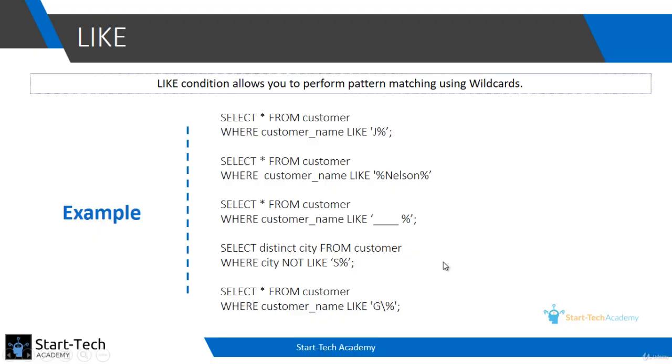In the next example, I'm showing the use of the like condition along with the not condition. If you want to find all the cities which are not starting with the character S, how to do that? In this query we will also be using the distinct keyword. Distinct will ensure that the city names are not repeating, since a lot of customers are residing in the same cities. If I just write select, I'll get the city names repetitively. So to get unique city names, I'll write distinct also. So select distinct city from customer where city not like and it is not starting with S.